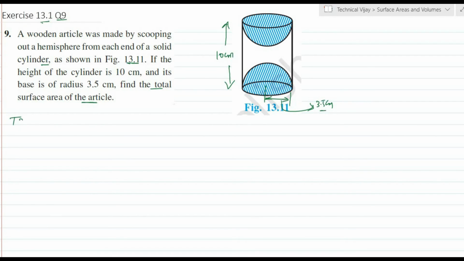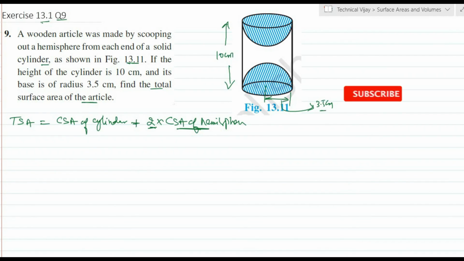So the total surface area, as we already know, is the curved surface area of the cylinder plus 2 into the curved surface area of one hemisphere. That is 2 into one curved surface area of the hemisphere. So here for the CSA of the cylinder,